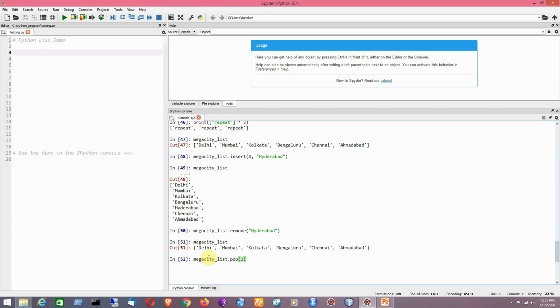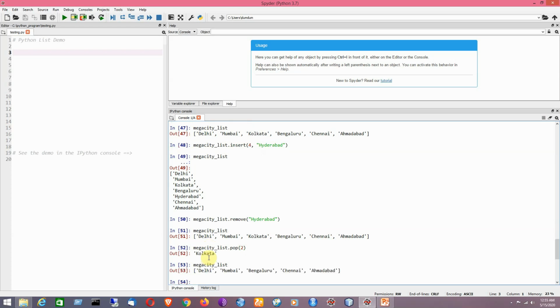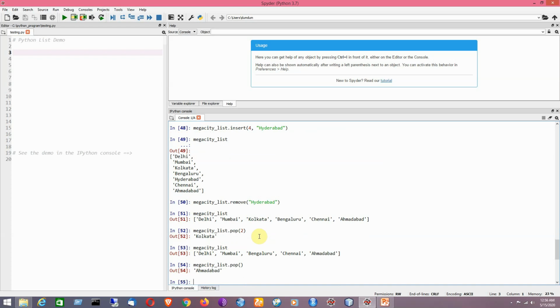So the element to be removed here is Kolkata. The element Kolkata is now removed from the list. But if I am not specifying any index position here, it will remove the last element.